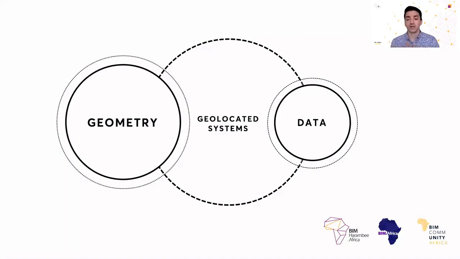Then this is where the beauty starts happening. Well, now we have geometry from one side and data on the other side, but we started managing to connect them and started creating the concept of geolocated systems. But now we have geometry that understands its properties, its capacities, its relationships, its dimensions, but also understands where it sits. And that contextualization of data and geometry is one of the most important steps, because we finally managed to create